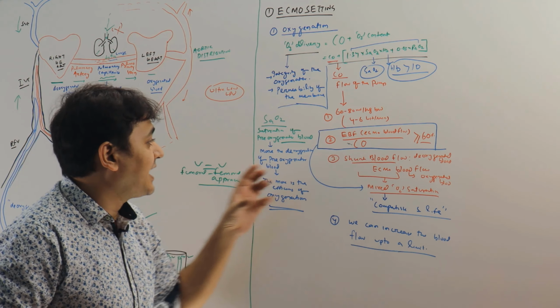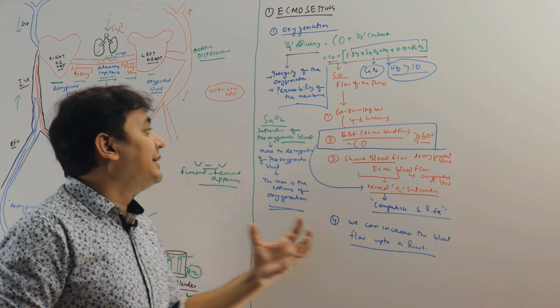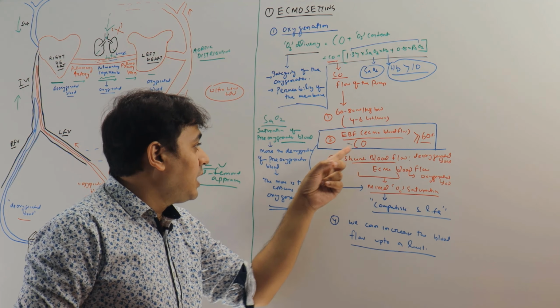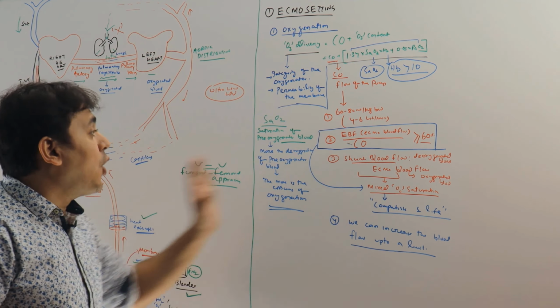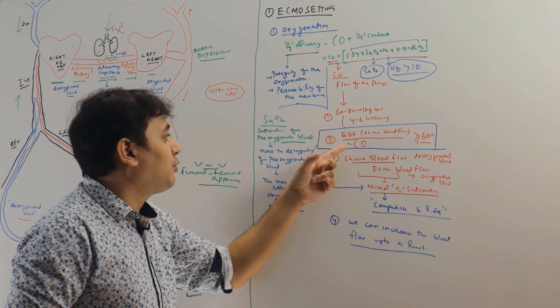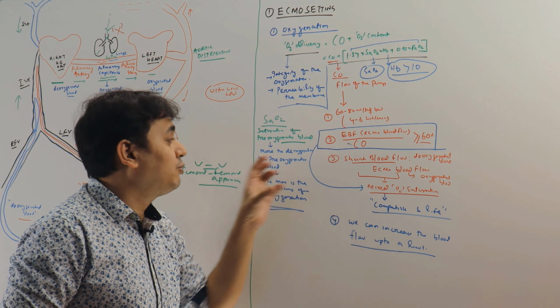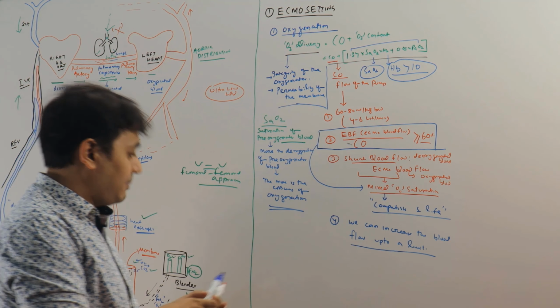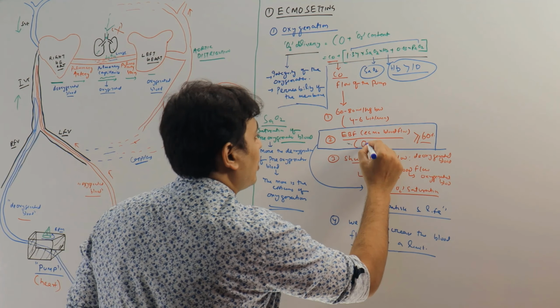That means if a patient's cardiac output is 10 liters, he should receive ECMO blood flow of more than 6 liters, right? If cardiac output increases beyond that value, then it will be very difficult to provide ECMO blood flow. In that situation, we have to use maneuvers to decrease the cardiac output. For example, how can you decrease the cardiac output?